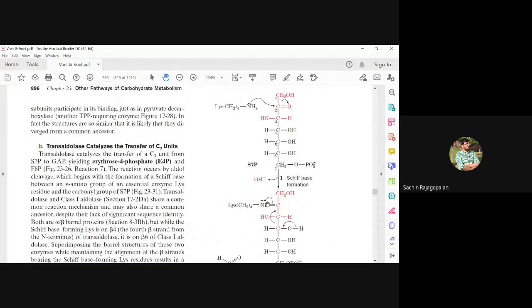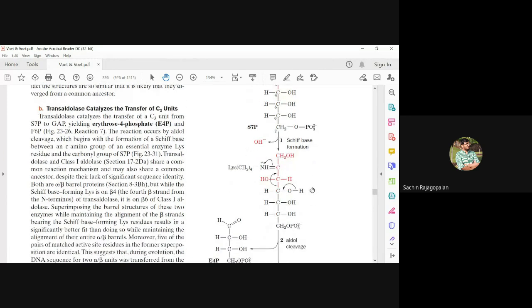We said that we have to attach pseudoheptulose 7 phosphate to the amino group of lysine of transaldolase enzyme. For this attachment to take place, we are eliminating a hydroxyl group. Where is that hydroxyl group coming from? That hydroxyl group is coming from the second carbon where you remove the oxygen, and a hydrogen which is coming from the amino group. So you form a Schiff's base. And there is a double bond which is being formed between NH and carbon.